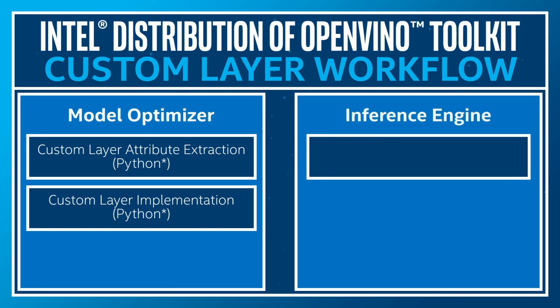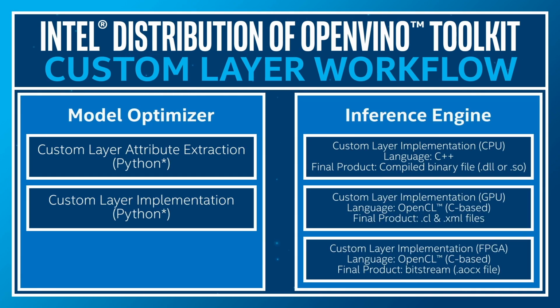At the inference engine level, each device plugin includes a library of optimized implementations to execute known layer operations, which must be extended to execute a custom layer. For example, when adding a custom layer for the CPU, the programming language will be C++, and the extension is compiled to give a .dll or .so file. For the integrated GPU, the extension is written in OpenCL and the files for the custom operations will be in .cl and .xml format. Developers will only need to add specific functionality details in these templates. These files already contain required constructors and default libraries.